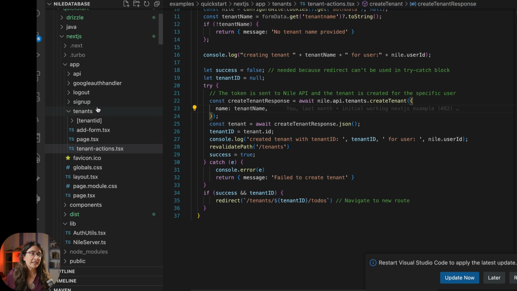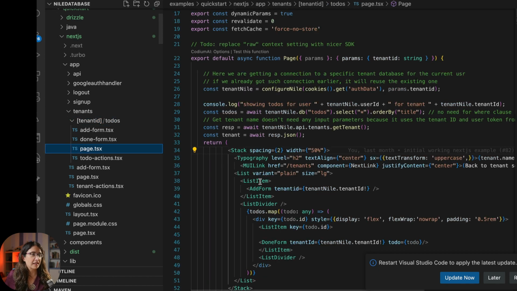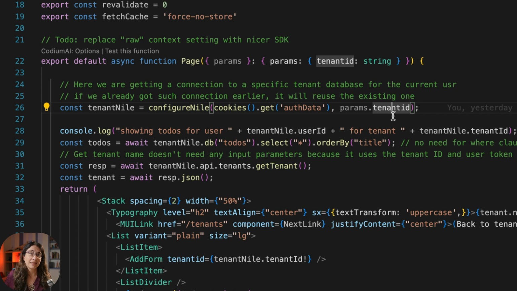So once we created a tenant, it lands us in the to-do list for this tenant. So once again, we have a page. And now we can configure Nile with the tenant ID. So it gets even better. So once we have a connection to Nile with this tenant, it's basically a connection to this specific virtual tenant database. So you're connected to a database that only contains data for this tenant,